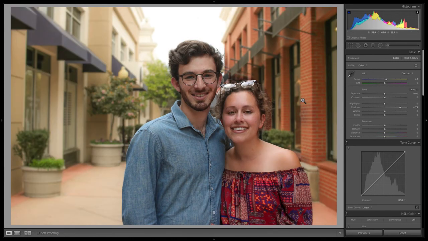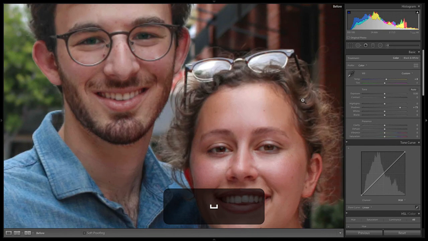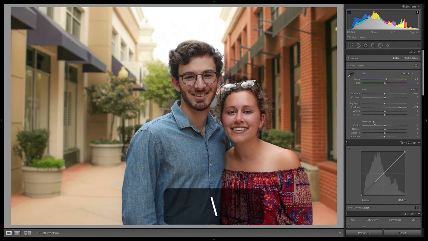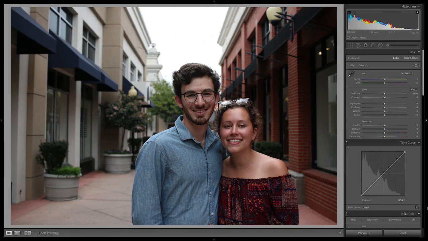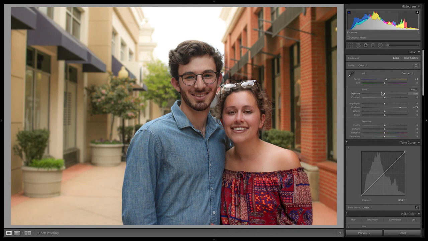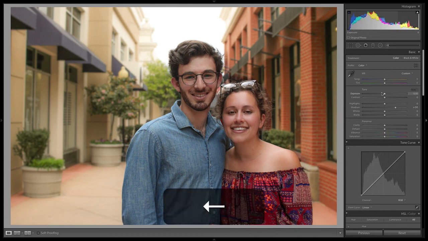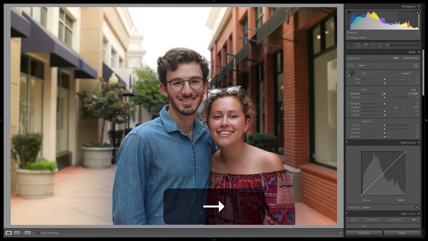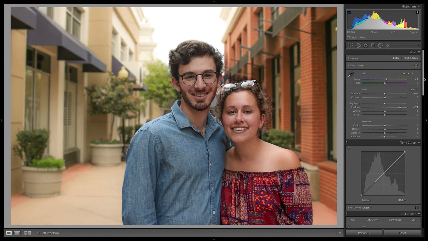Again, if you aren't using a virtual copy, you can just press the backslash button, and that will give you a complete before and after. But since we are using a virtual copy, you have to click the reset button to see the before and after. Now, a little bit more edited than the one that I started out with. This is the one I started out with. I think the warmth and overall saturation is just a little bit stronger in this one, so we can reset that temperature if we want to bring back that warmth.